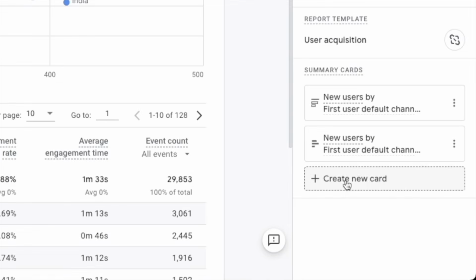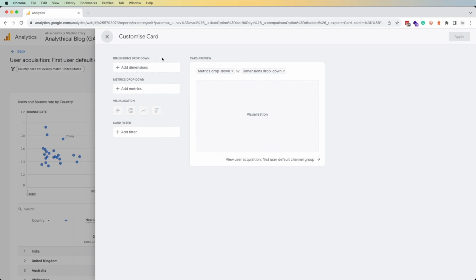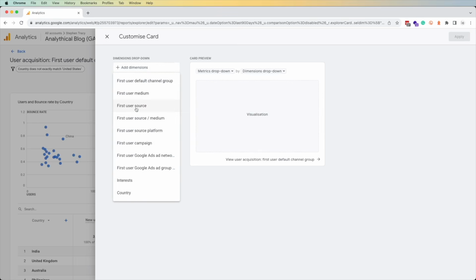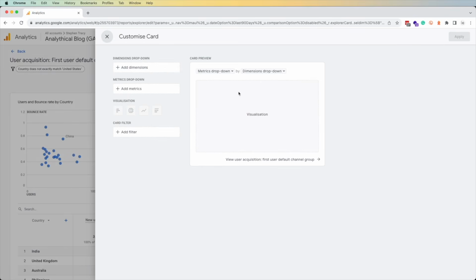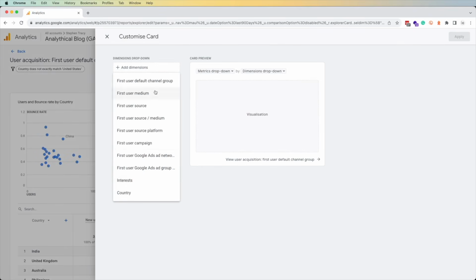Now, I can also create new cards here. If I click on create new card, it will allow you to generate a card based on the metrics and dimensions that are already on this report. So you won't see all the dimensions available in GA, only the ones that you've added to this report. If you wanted to see a new dimension, you'll just click X here, go back to dimensions and add it there. Then you can go to the card and say, okay, I want to create a new card